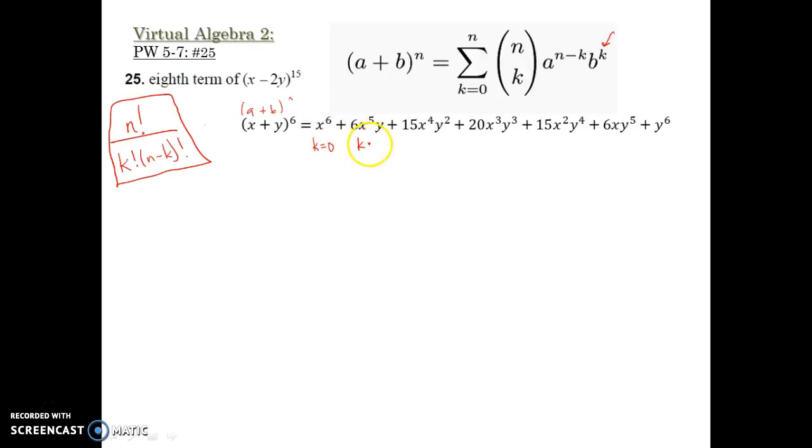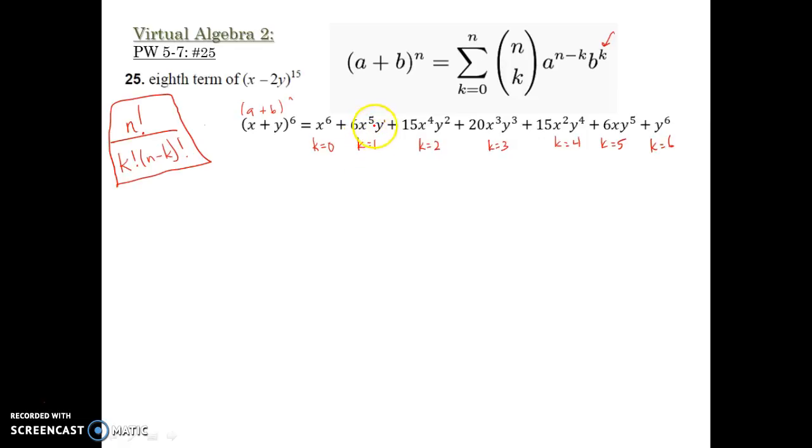For the second term, k would be 1, and if you look at the power of your b part, the power is 1 here. Here the power is 2, and k equals 2. Here the power is 3, and k equals 3. K equals 4. K equals 5. K equals 6. So your k value is always going to be the exponent on your b part of each term. So if you have a binomial to the 6th power, you're going to have 7 terms, and k is